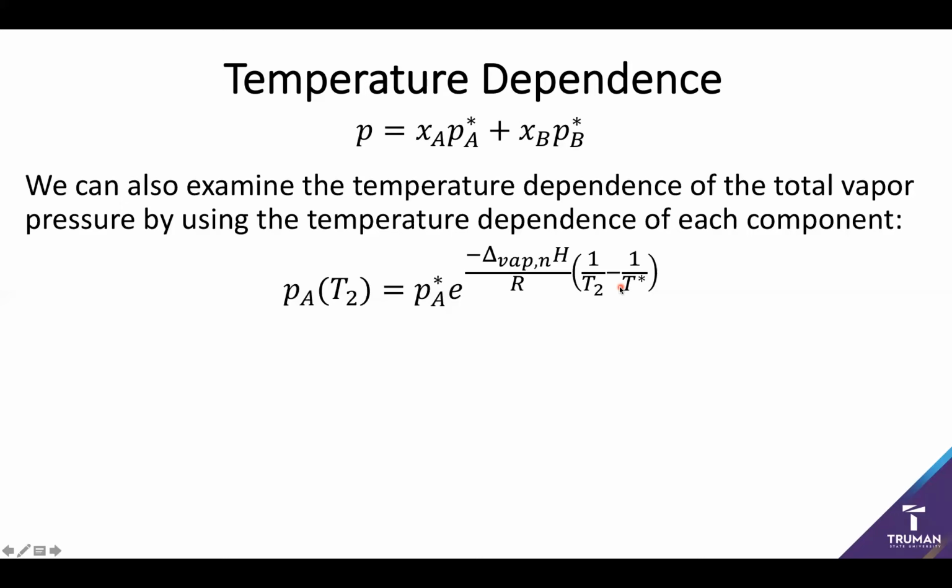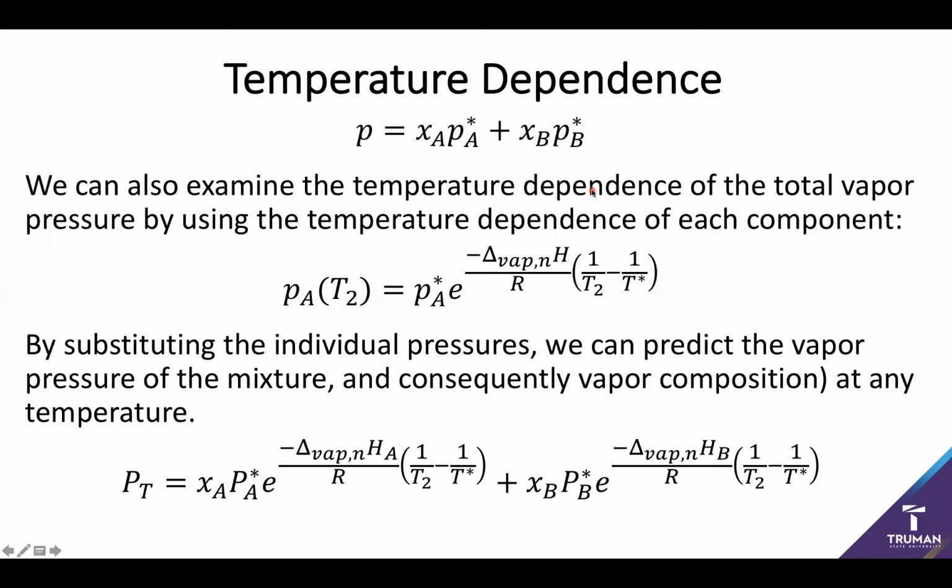What we are going to generally find is as the temperature goes up, so will the vapor pressure. But this is going to hold for both component A and for component B. And so we can go ahead and substitute in these two expressions. And what we find is just like we can use the enthalpies of vaporization for a pure component to determine the vapor pressures at elevated temperatures, we can do the same thing for the vapor pressure of a mixed phase,